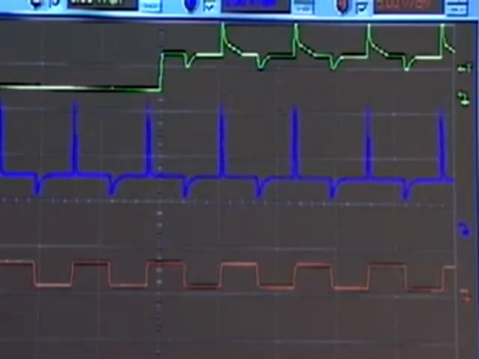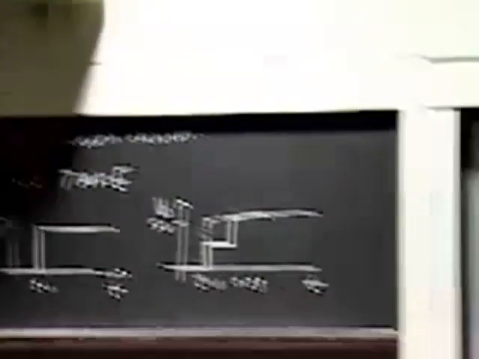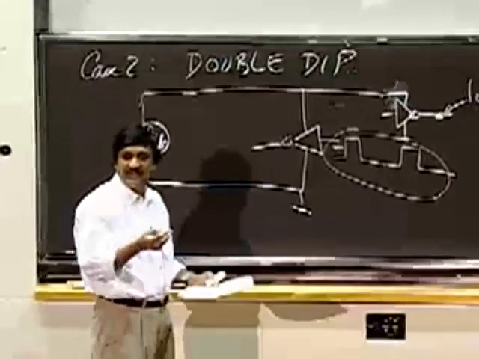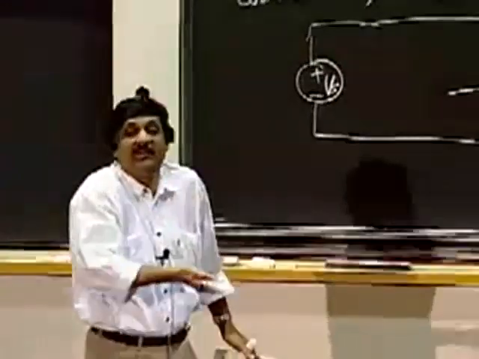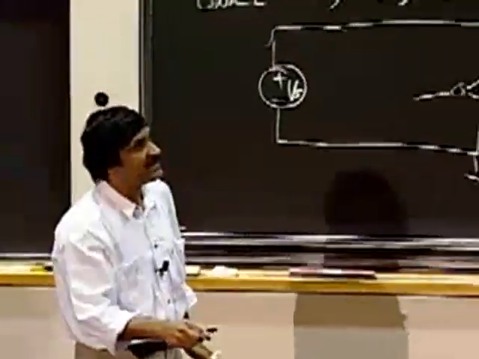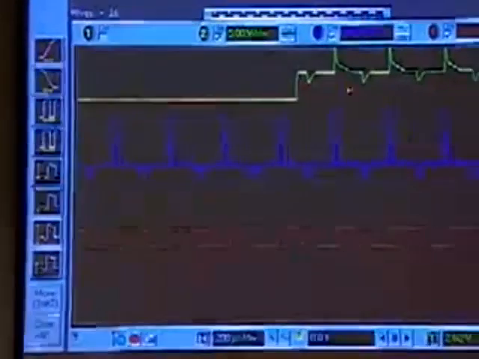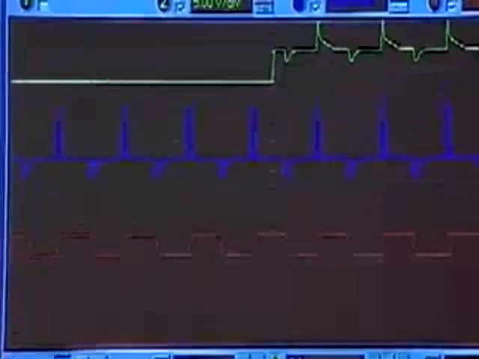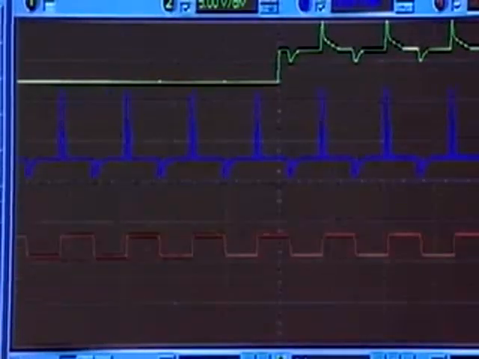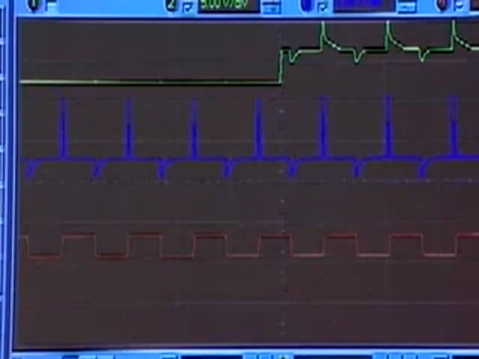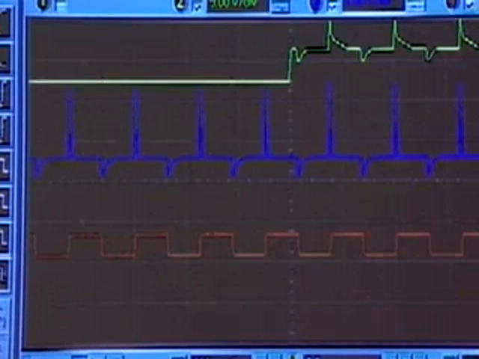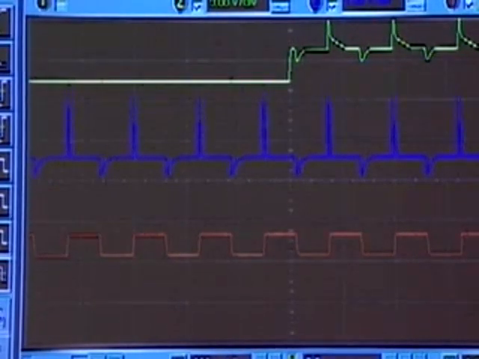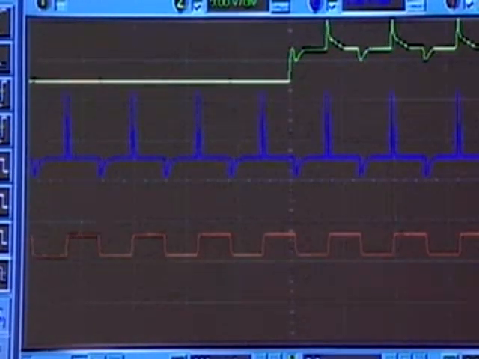Okay, in particular, the spikes going up are not so much of a problem because of the static discipline. If I'm at 5 or 6 or 7, doesn't matter as long as I'm higher than VOH. So as long as I'm higher than VOH, I don't have a problem. But the problem are these repeated dips. Okay, the dips are a problem here, which is why I labeled this experiment the double dip. The dips are bad because if they are large enough, they can then droop the output down into the forbidden region, or worse yet, make it look like a 0.